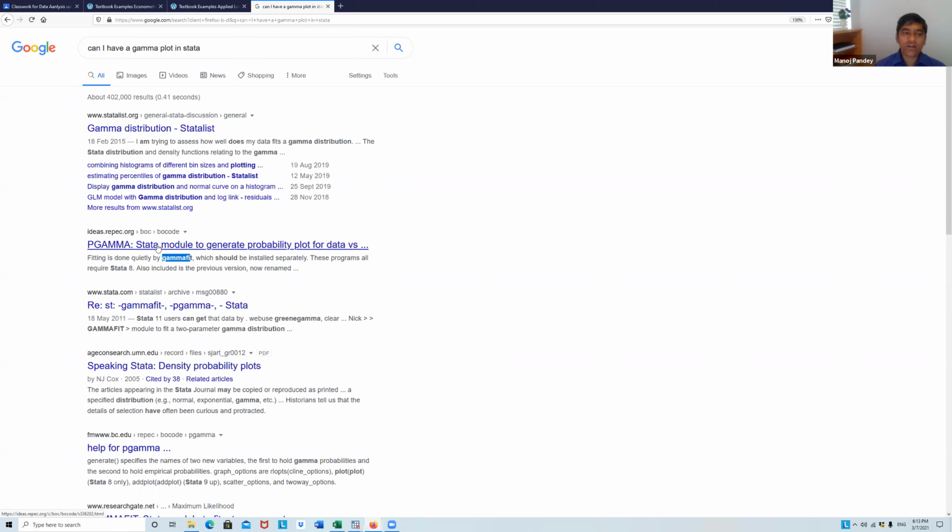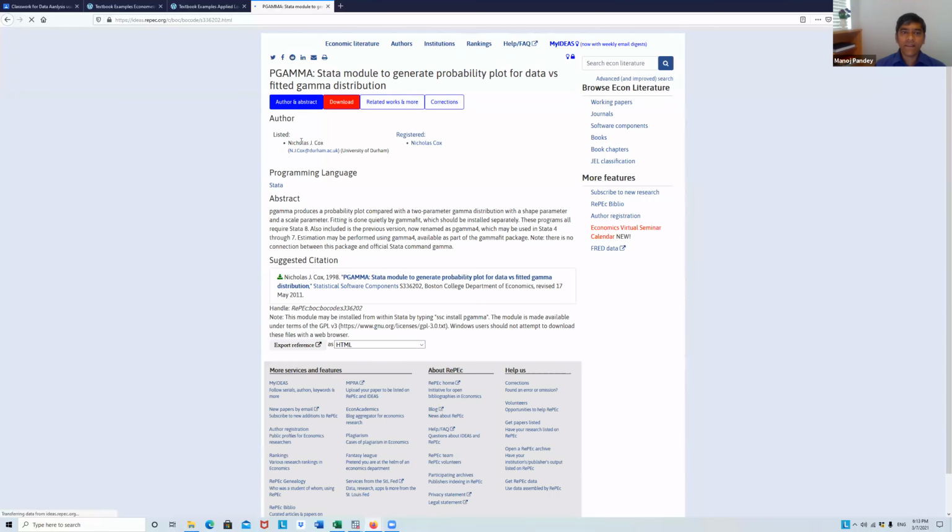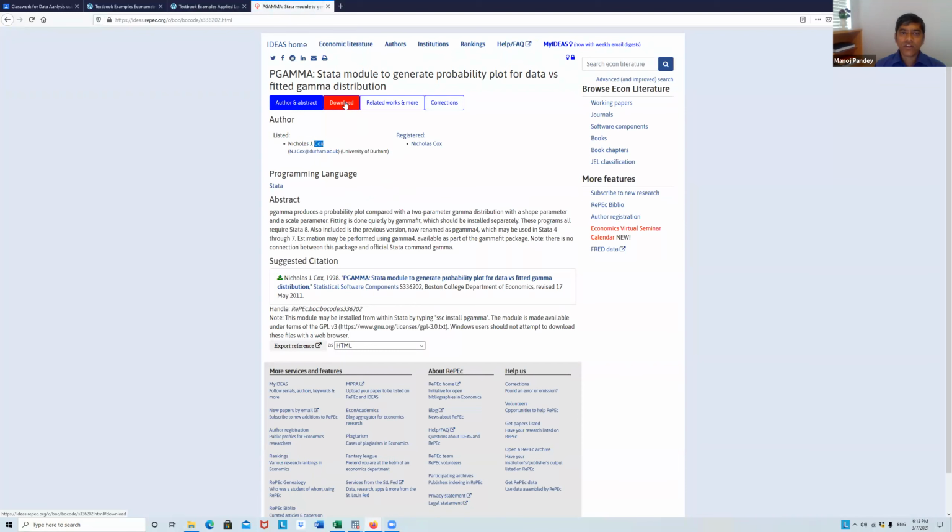This command is not inbuilt in Stata, but someone has written it and you can always bring it in. I think this guy, Nick Cox, is a gem in Stata. He keeps writing these external commands, so you can download it and you will have an ado file and you can bring it in, and then yes, you can do it.